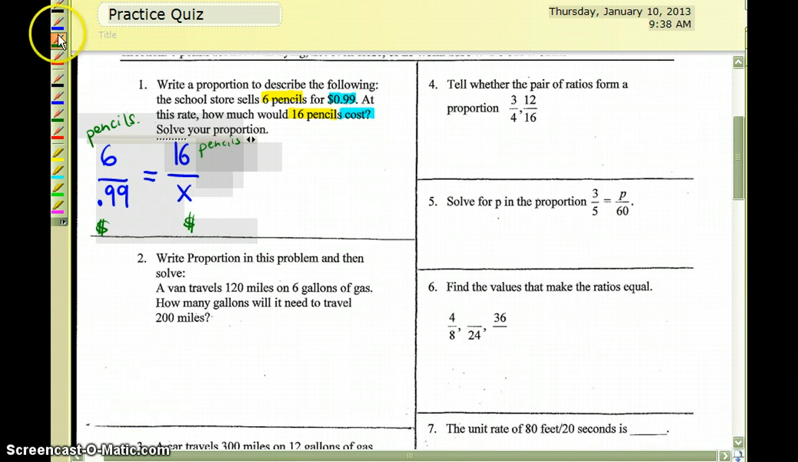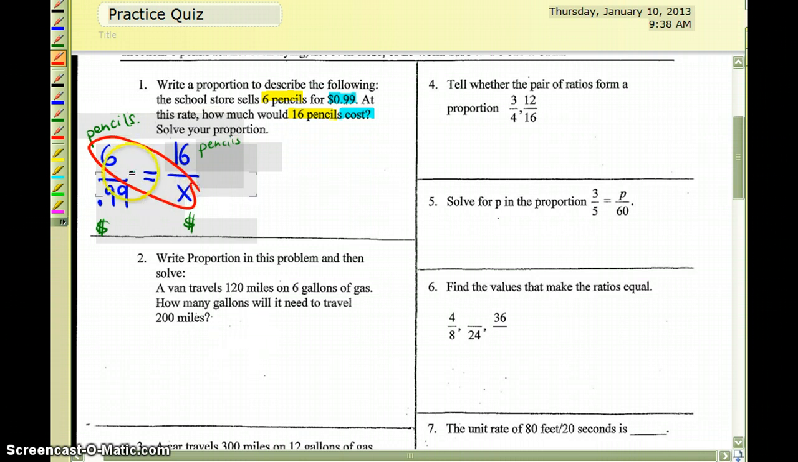Now you don't have to set up the proportion exactly in this way, but that is one of the ways to set it up. You may set it up where 0.99 is flipped with the 6 pencils and X is also flipped with the 16, giving you an amount over the pencils and another amount over the pencils, so you can flip those two. Or you can decide to write it this way, where it's 6 over 16, 0.99 over X, and there's really those 4 different ways to write that, or the other way around, X over 0.99 and 16 over 6 instead. I'm going to choose to write it this way, and then I'm going to cross multiply